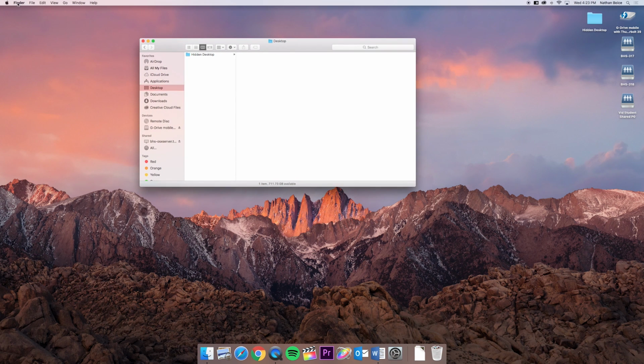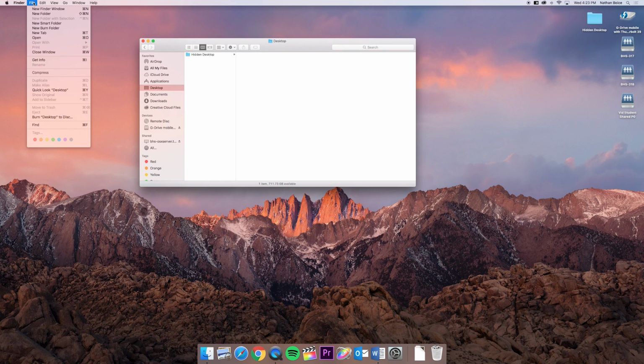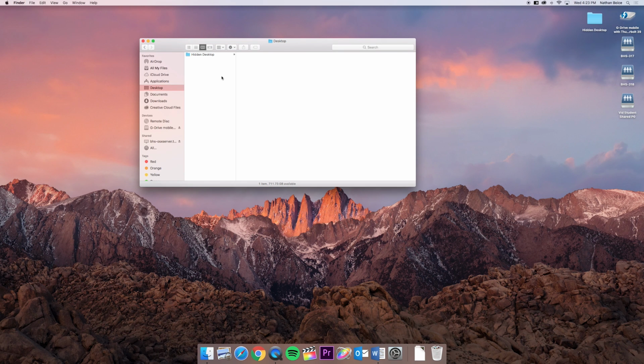With Finder up here in the corner, you can click on file, new folder. The keyboard shortcut for that is Command-Shift-N, Command-Shift and the letter N. So I'm going to go ahead and do that, Command-Shift-N. As I talk about keyboard shortcuts, they will pop up in the bottom left-hand corner of my screen. So I'm just going to call this First Project,